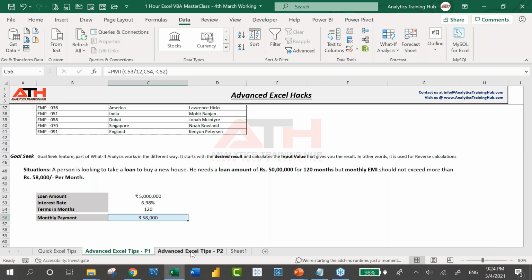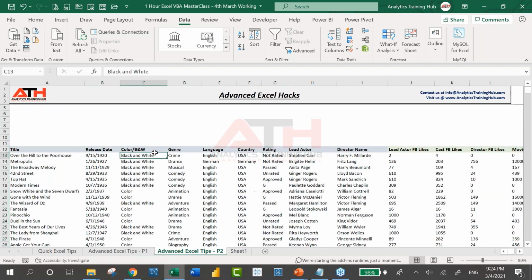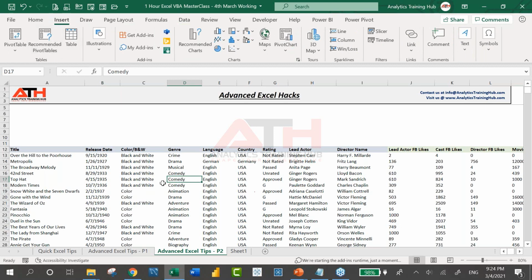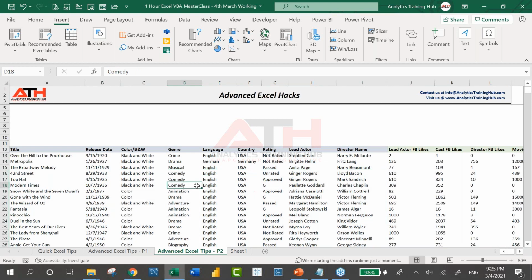And importantly, jumping to the next but very interesting feature, guys. Again, table style, but here I am going to use a slicer. I'll show you how you can make your table an interactive table. So what you have to do, simply be somewhere in the table, then go to insert. By the way, guys, most of you have this habit of selecting the entire table and then performing tasks like sorting, filtering, anything. You do not have to actually select the data. Be somewhere within the data set, and then whatever you want to perform, do it.